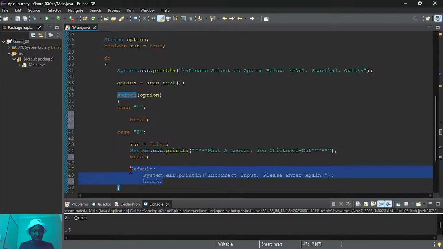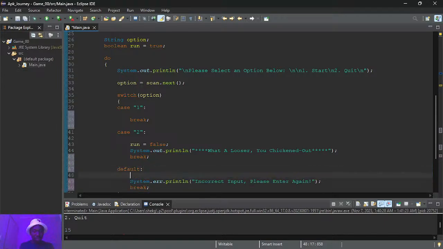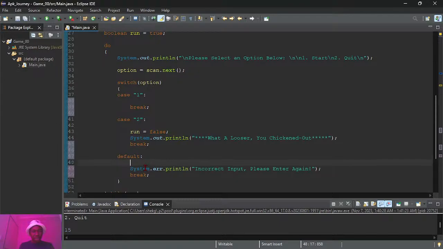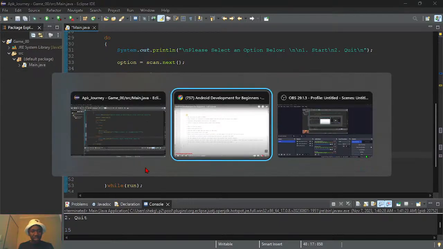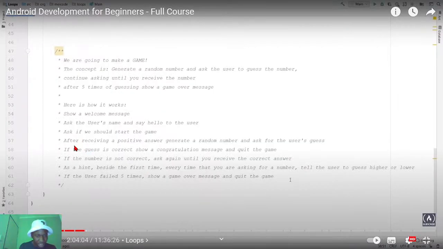I feel like this is offside for some reason. Now that's better. They said if case is 1, after receiving a positive answer, which is 1 in our case, then generate a random number and ask for the user's guess.